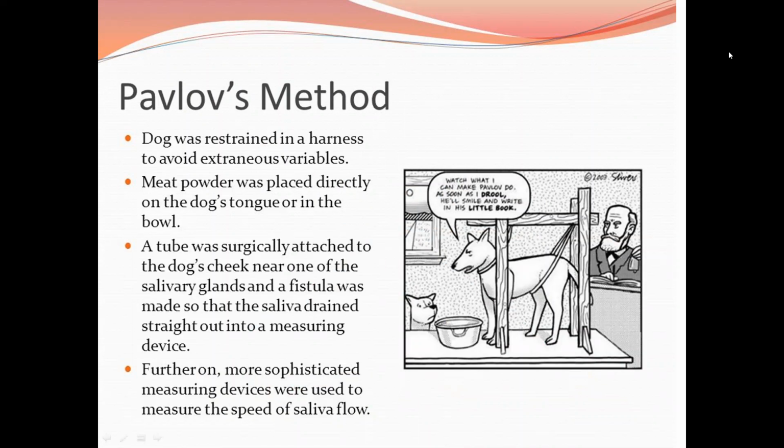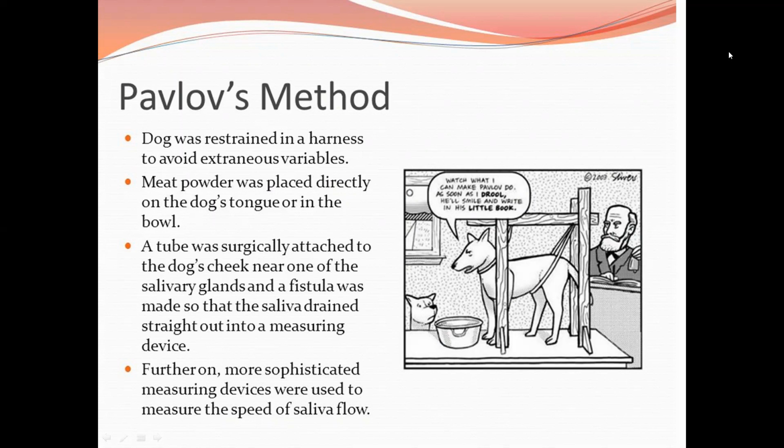Pavlov designed this experiment in such a way where the dog was placed in a box and harnessed. The dog was left inside the box for some time. This was repeated a number of times in different ways. In the meantime, a simple surgery was conducted and one end of the tube was put in a measuring glass and the other end was inserted in the jaw of the dog, as you can see from the picture.